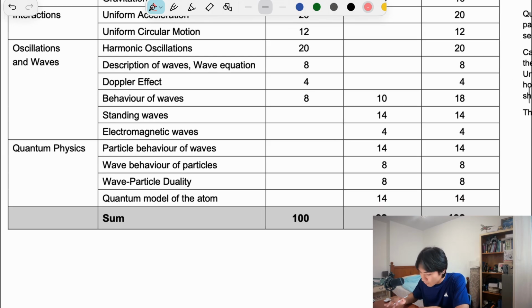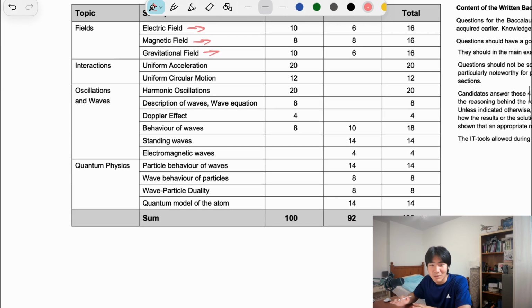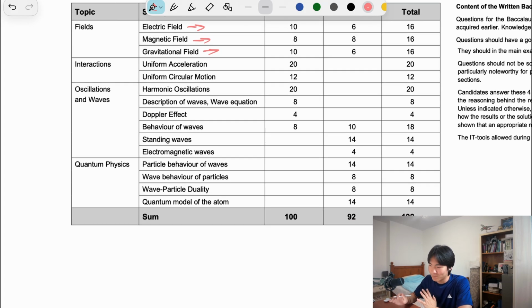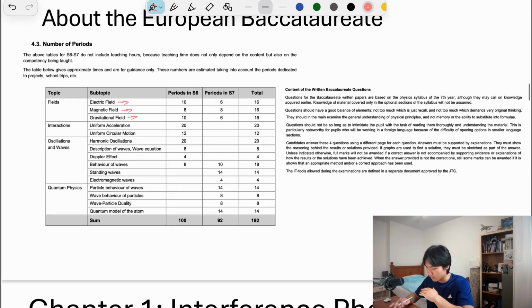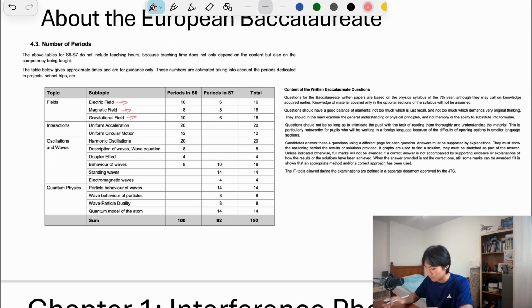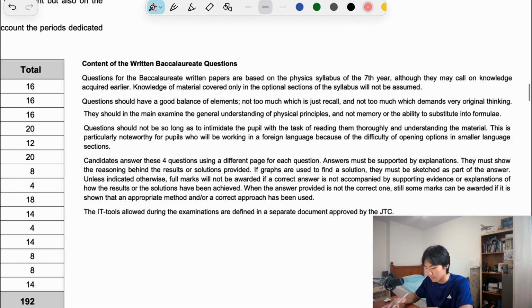So obviously you didn't cover quantum physics in S6. I mean, maybe some of you did, but in our school we never covered quantum physics. And although it sounds intimidating, it's not crazy difficult, right? They don't test you on in-depth knowledge of quantum physics. It's just going to be a brief topic, right? Okay, so